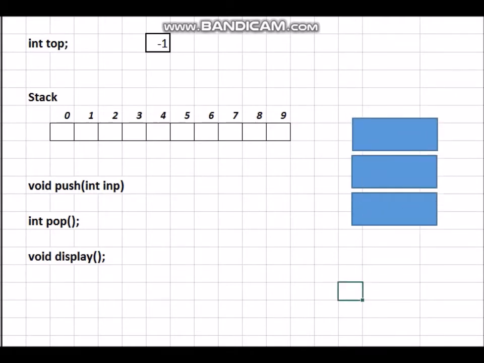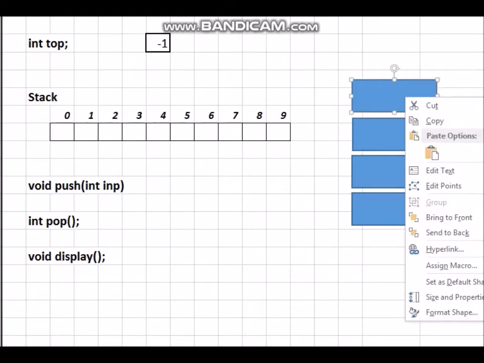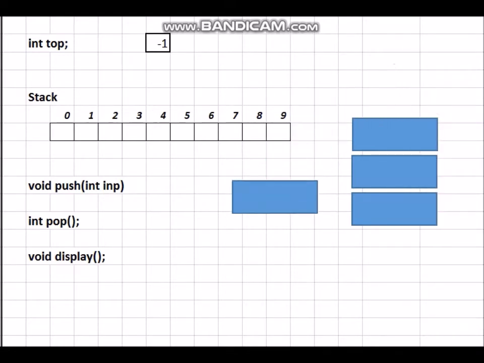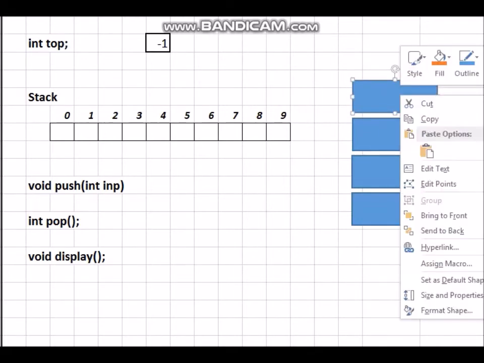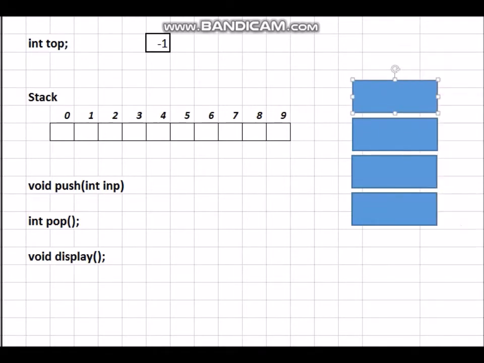The process of having a box and putting it on top of this stack is called push. And if we take this thing and take it out, this is called pop. So putting in is push, taking out is pop. Whenever we pop, we always pop from the top of the stack, and whenever we push, we push to the top of the stack.